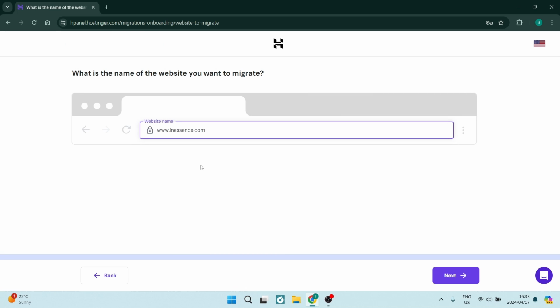So what you want to do is enter the website name that you would like to migrate, and it must be in this format. It must be www.yourwebsitename.extension. Okay, there's a few extensions that will not be supported, but for the most part, most of them will be supported. You're going to go ahead and tap on next, and over here we're going to, on the next